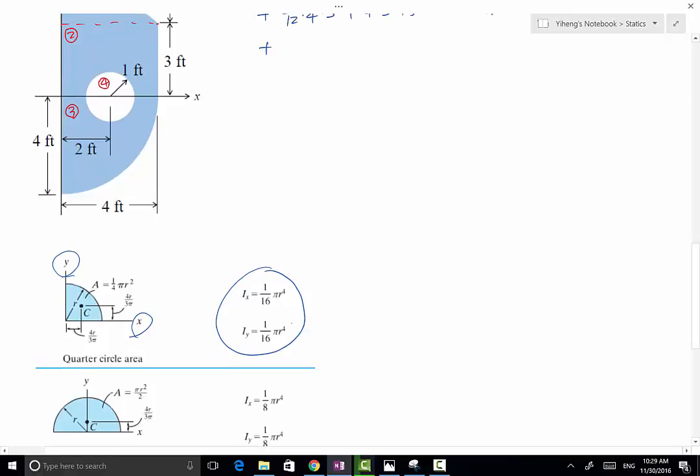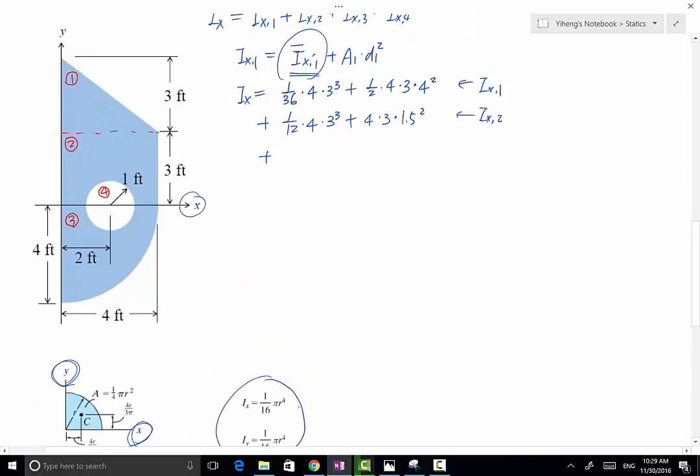we can directly use these two formulas because the x and y axes shown in this example match exactly our x and y axis location. Okay, so again, these two equations are not about centroidal axes, but about these two x and y axes at the sides. Therefore, we're going to use the equation directly without using the parallel axis theorem. So we have simply